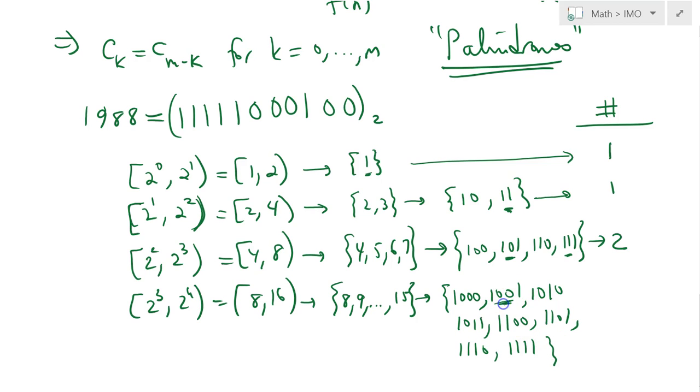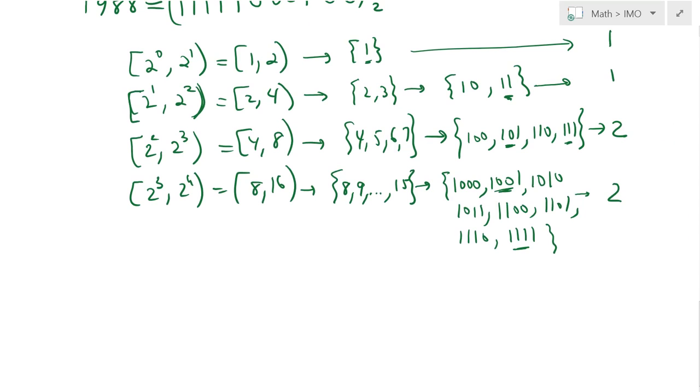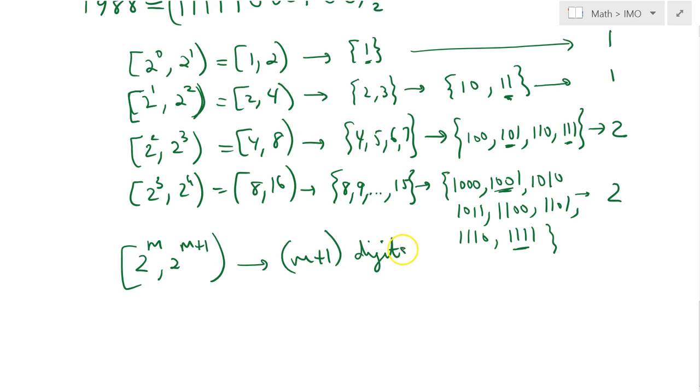Of these numbers, we have 1, 2. Again, 2 palindromes. So this makes sense in the following way. Anytime you have, for instance, we don't have to write all these numbers. All the integers in this range, 2 to the m, in this interval, will have m plus 1 binary digits, right? So m plus 1 binary digits, and depending on whether m is odd or even, we can